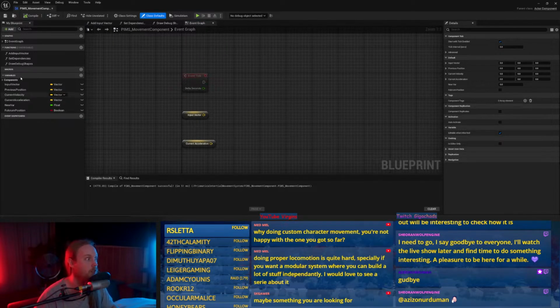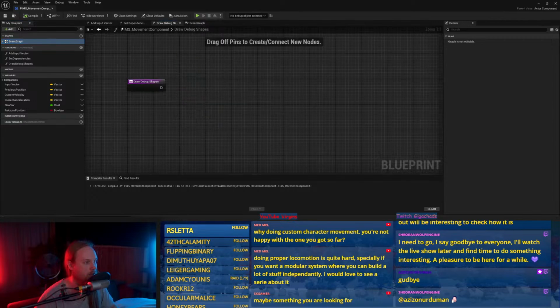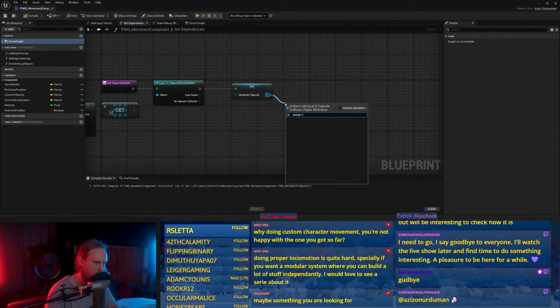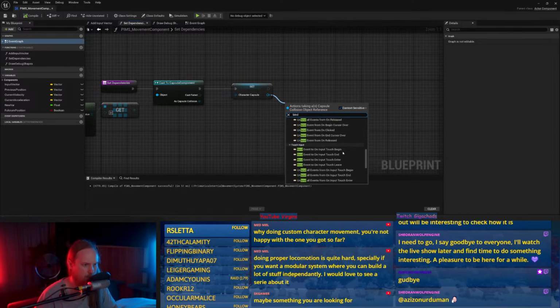If we have to do an on overlap with the thing... actually, that's something that I need to do here. Assign... no, what is it? Bind to on overlap.